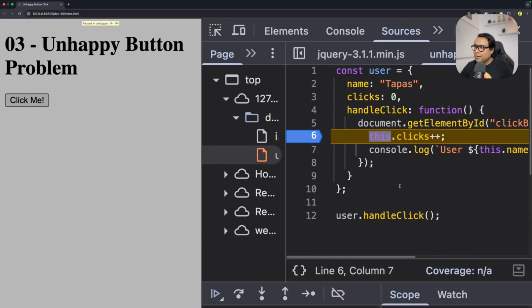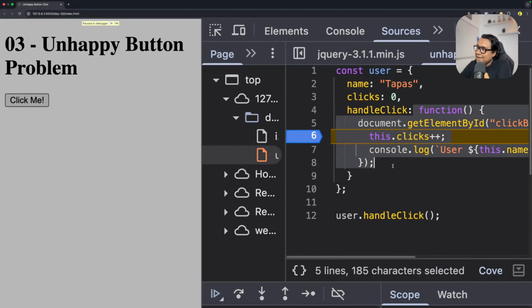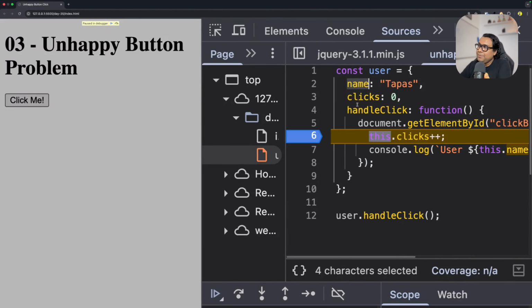So the moral of the story is, if you are having a method inside an object and having a this enclosed inside that function, if the function is a regular function, then the this will refer to the object itself. But if it is an arrow function, it doesn't get its own this, we know that it will point to the outer window object. That's the reason it was not finding name and clicks in the outer window object, and we